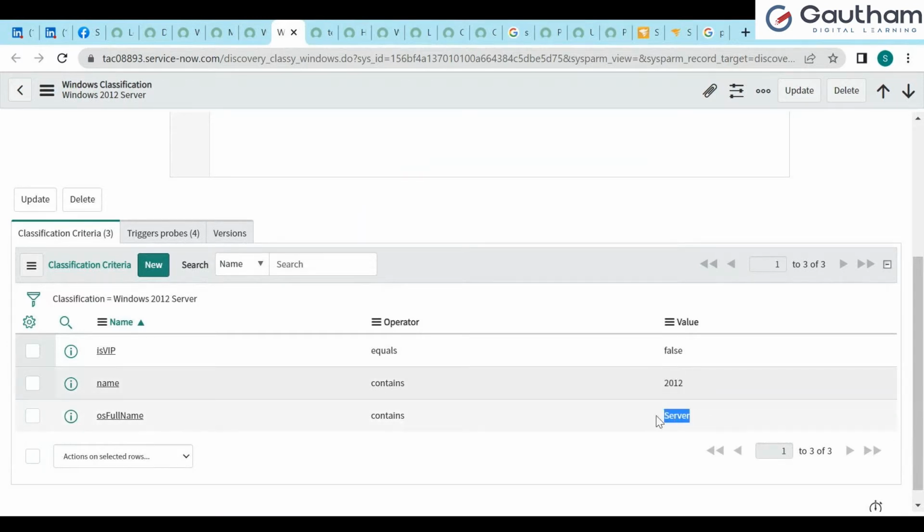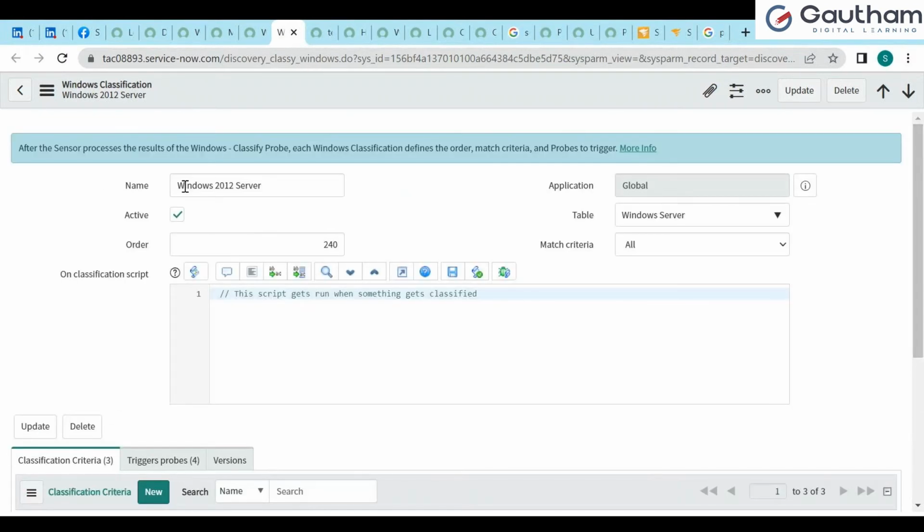If these three conditions get matched, then the discovery will tell you, hey, this is a Windows 2012 server. Whatever the host machine has been identified, that is a Windows machine, and the version of the Windows machine is the Windows 2012 server. Okay. The same way we do have it